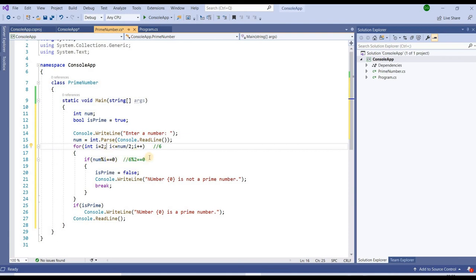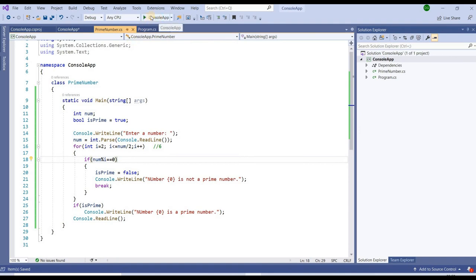But if we go to 4, then 6 will not come into the 4 table. That's why I'm finding out the middle of this number. The middle of 6 is 3, so I'm checking till half of the number. So that is the main logic of this program. I hope you understand my point.